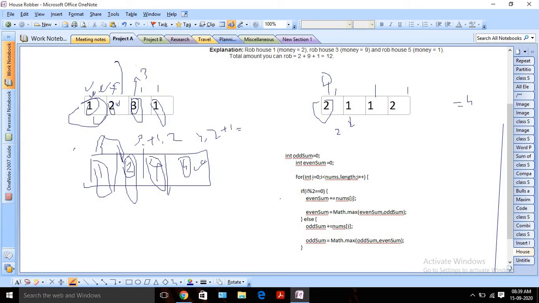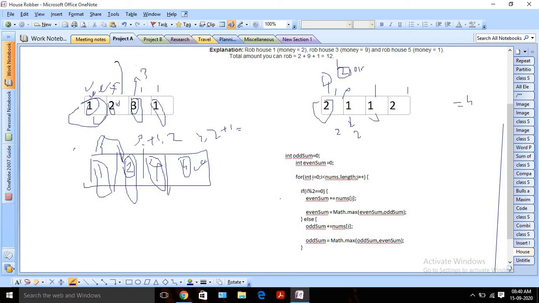That means if I am going to use this value, then I will not be able to rob this house, right? Because the difference would be 1, right? So I can skip. So if I skip, my rob amount will be 2, and if I am not skipping, then it should be 0 plus 1, that is 1, right? So where I am gaining maximum profit, obviously if I choose 2. If I skip, then in that case my profit will be maximum. So its value will be again odd value will be 2 here.